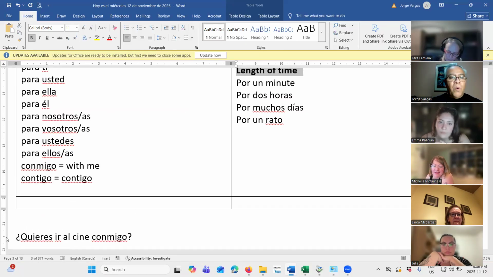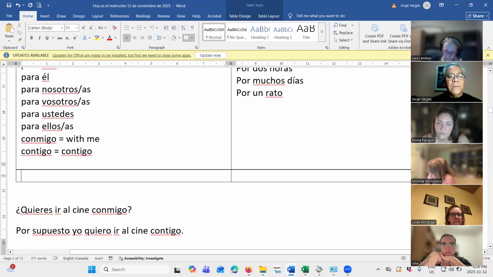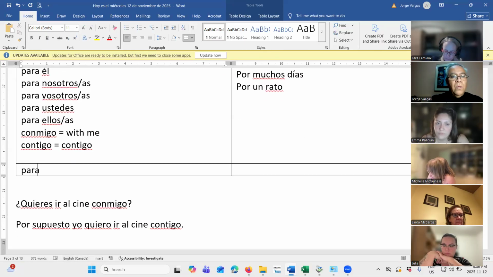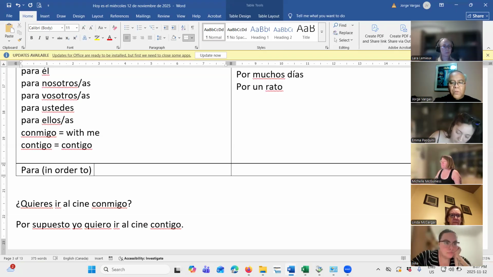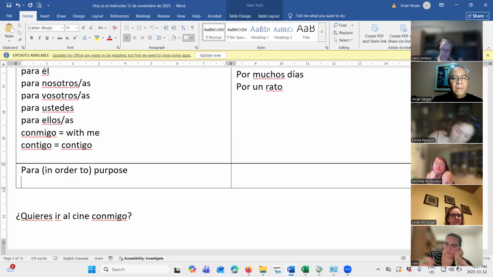And I'm going to give you one more and we'll drop it because then we'll continue with the other components for the class. You're going to use para when the idea is in order to. And I put the whole thing there because this is a kind of hard to master way of saying things in Spanish. So also I'll put here, you have a purpose to do something. Okay. For example,